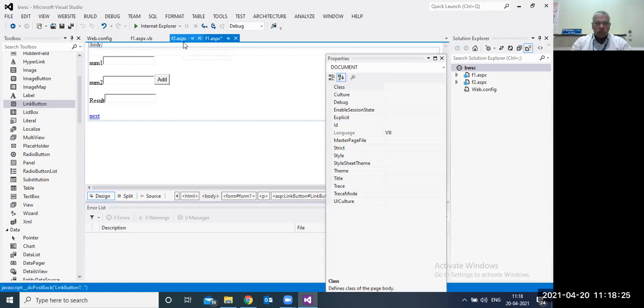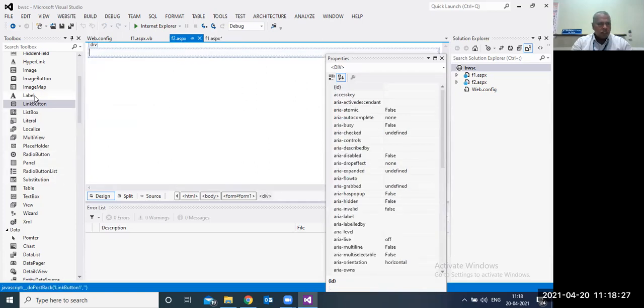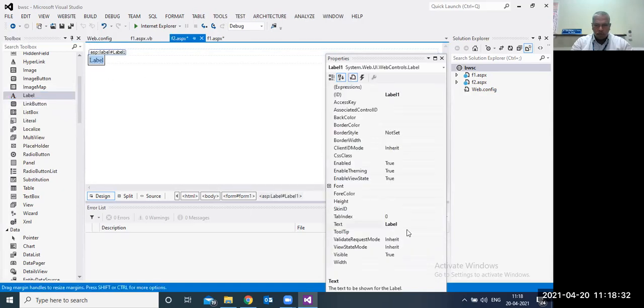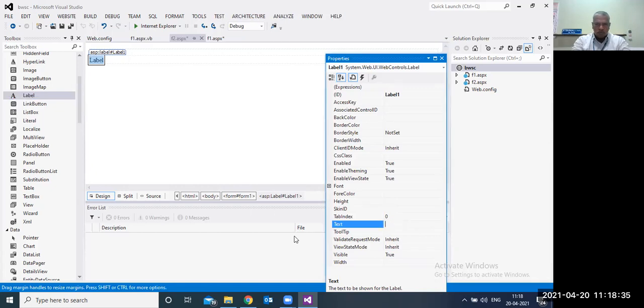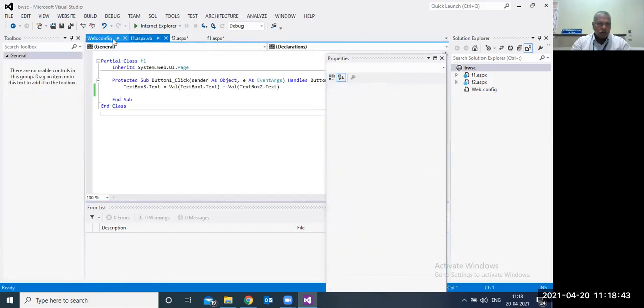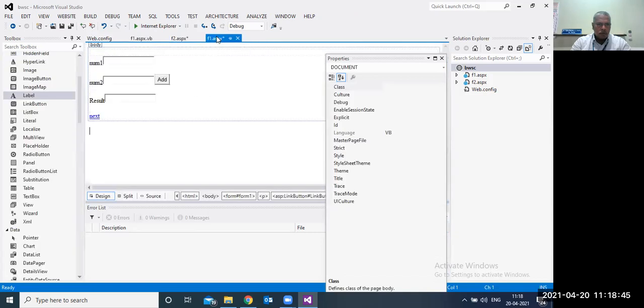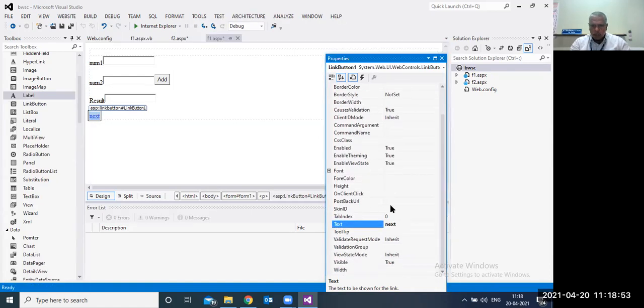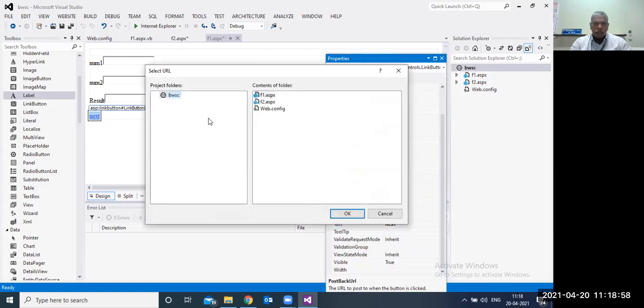In form 2, I just put a label here. This is form 2, to show that it is form 2. Now I will go to form 1. The next button, go to the property and give the value, select, this will go to form 2.